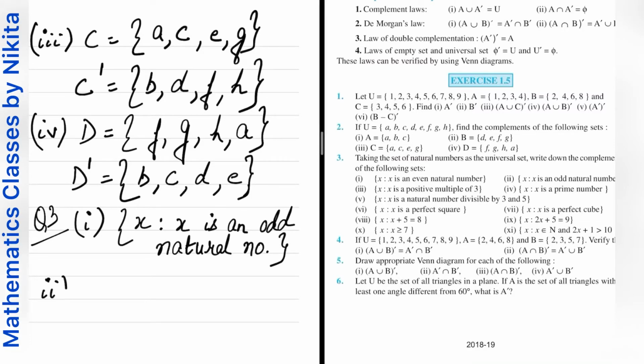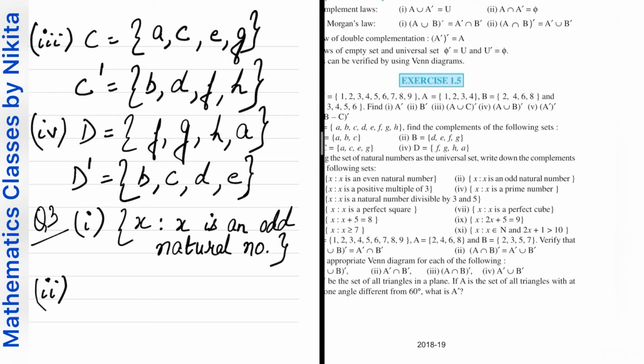The second part, it is given, you have to find the complement of all those x such that x is an odd natural number. तो इसका complement क्या हो जाएगा? अब remaining natural numbers कौन से बचे? Even. Because you know the set of natural numbers is basically the union of the set of odd natural numbers and the set of even natural numbers. तो अगर मैंने odd natural numbers निकाल दिए तो मेरे पास कौन से बचेंगे? Set of even natural numbers. So therefore all those x such that x is an even natural number. So this is the complement.